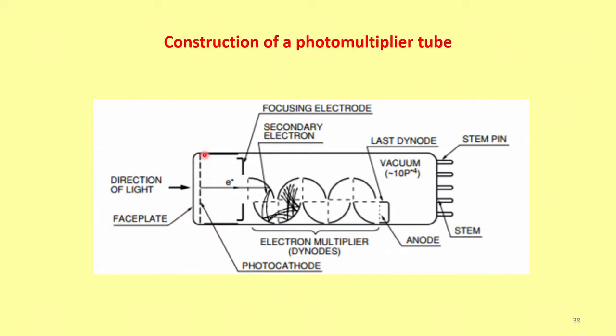Here we have the face plate, and incident radiation is coming from this direction, and then here the radiation comes inside this plate and falls on a photocathode, first photocathode, that is the round curved figure here, and this radiation generates electric current, that is it releases electrons. These electrons fall on the second dynode. From the second dynode it goes to third.